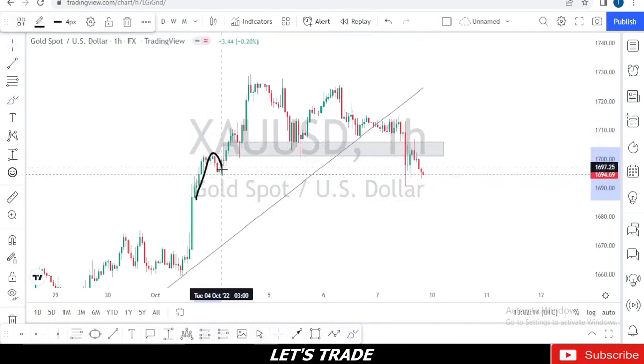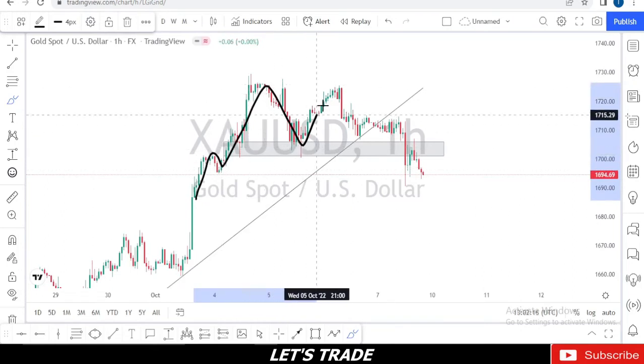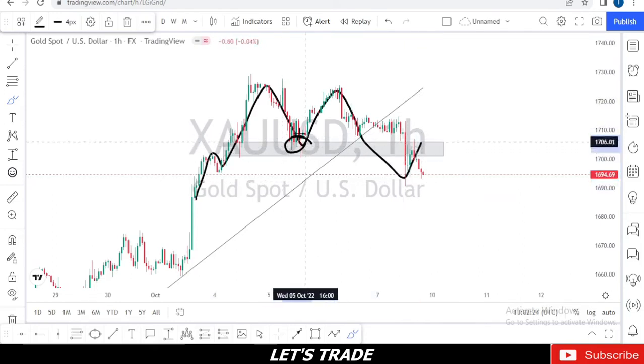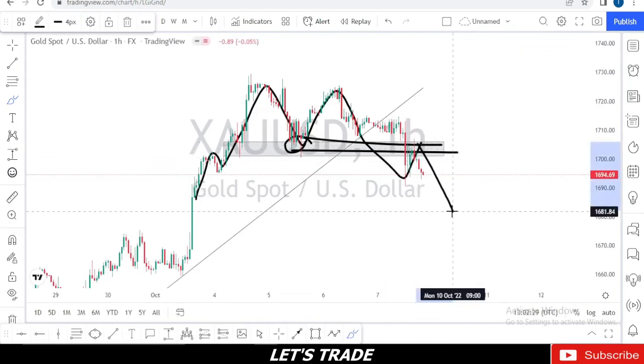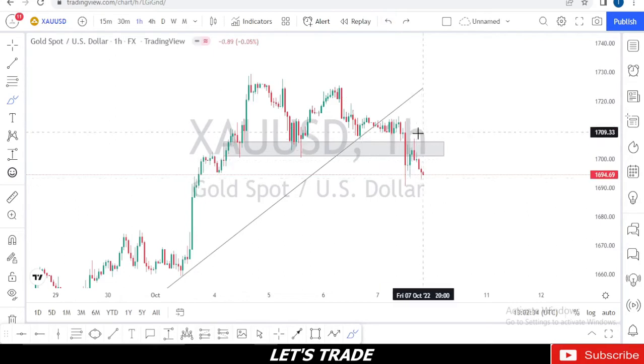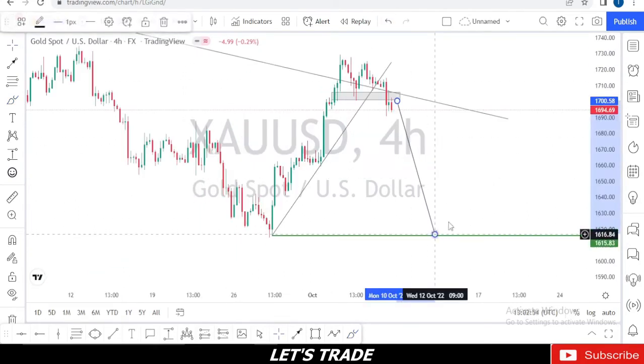From this point, we're still creating higher highs, higher lows. Then here we created a lower high, and now we've created a lower low, right? Now we've gone back to test this broken structure here, looking left, right? So what did you notice there? Did we continue downward? Yes, we did. So anyways, we've retested, and for gold, I'll be expecting gold to keep falling to the downside, at least to